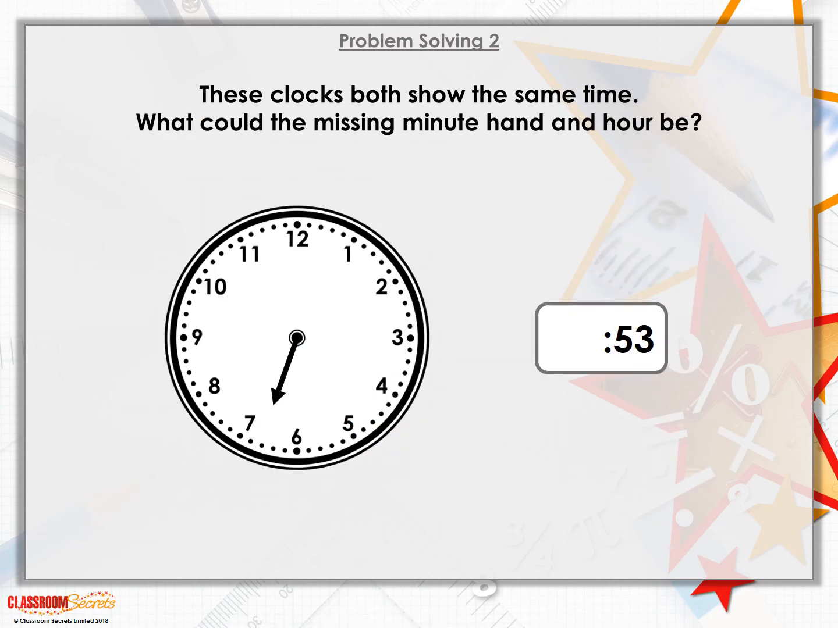Our final question. These clocks here both show the same time. What could the missing minute hand and the missing hour be? Okay, so as you can see there